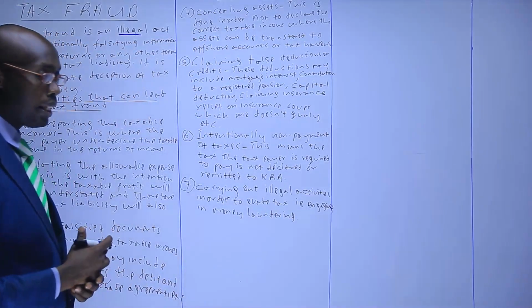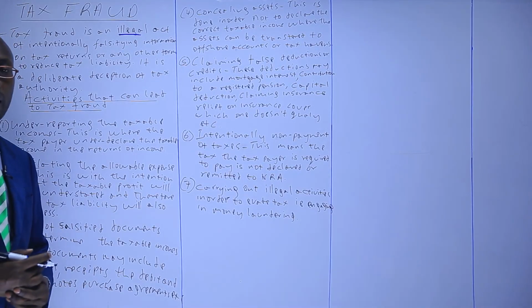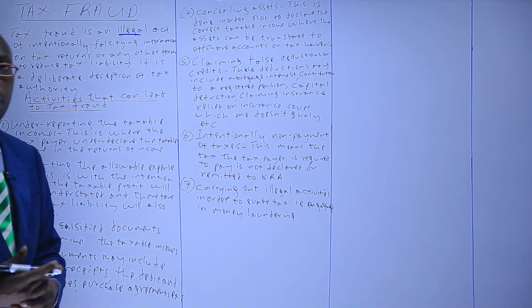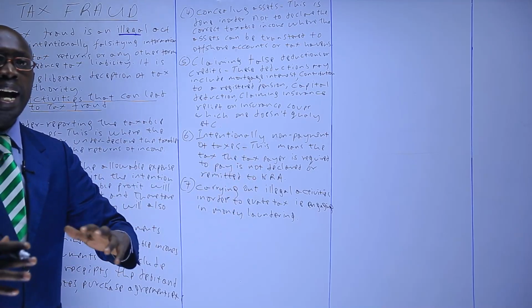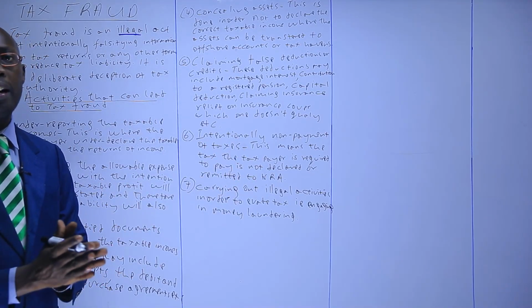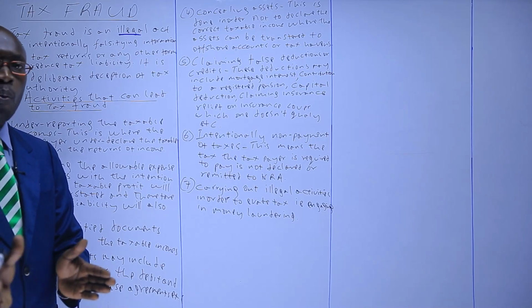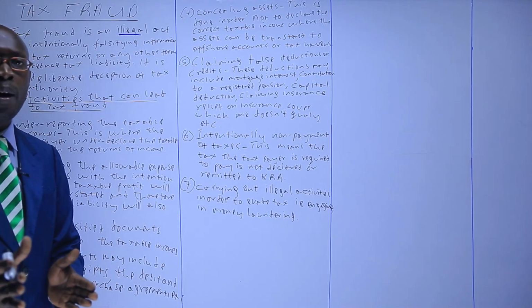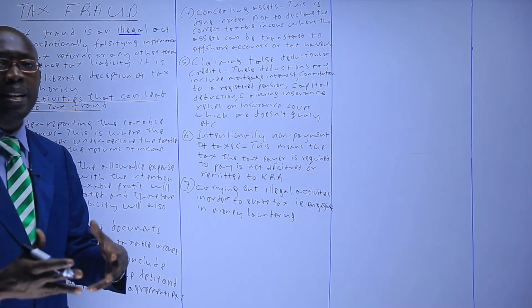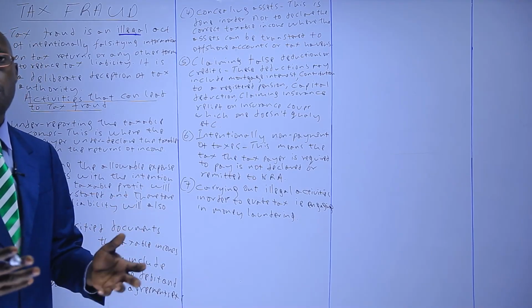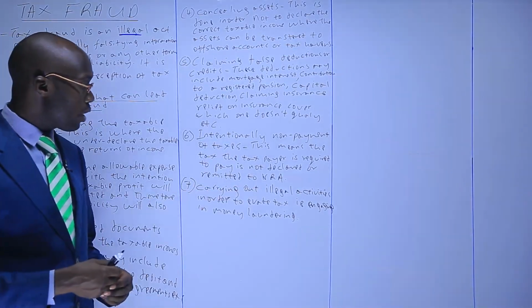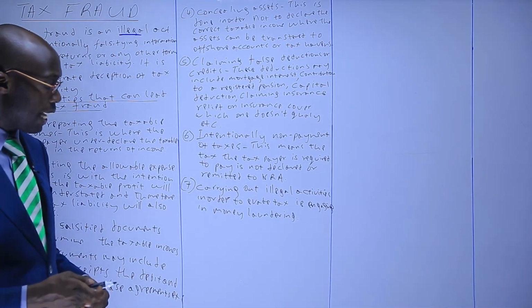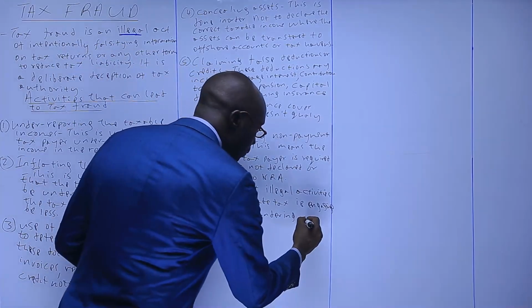So that's what we are saying, that another way you can carry out illegal activities is money laundering. Money laundering is whereby you illegally transfer funds using other channels in order to evade the proper mechanism of the law, where the government does not know. So you use them in order to reduce the tax you're supposed to pay. On the same, carrying out illegal activities in order to evade tax, one can also